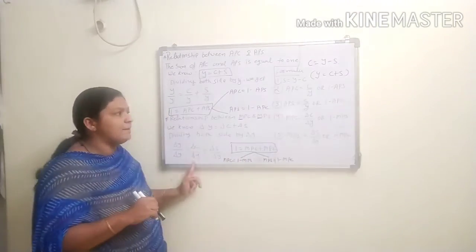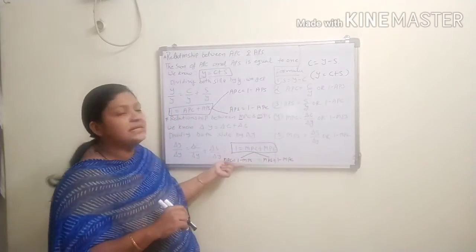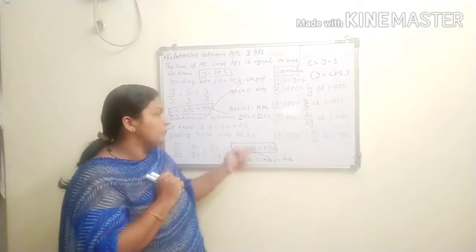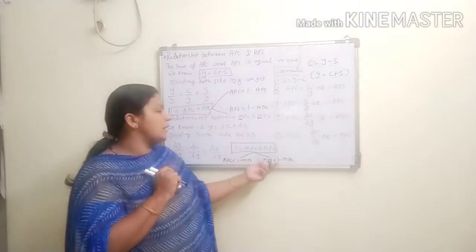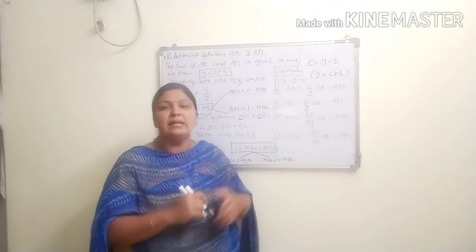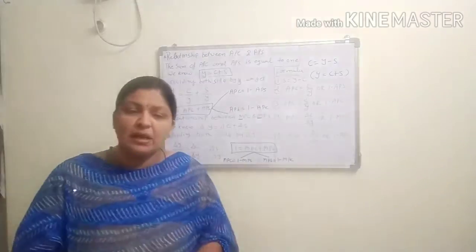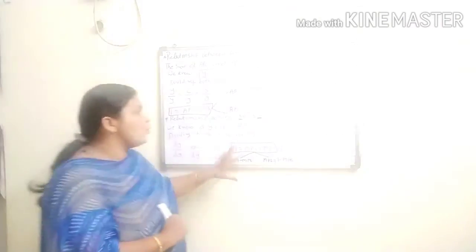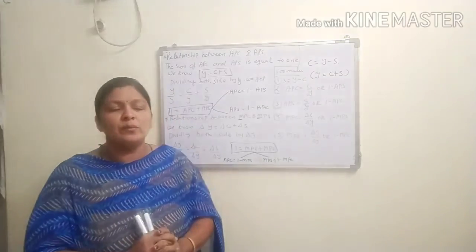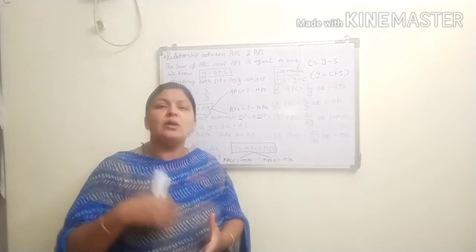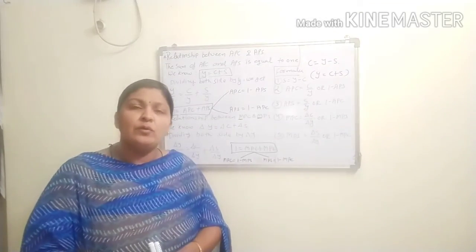Now the fourth one, MPC, equals delta C upon delta Y, or we proved that MPC equals 1 minus MPS also. Now MPS equals delta S upon delta Y, or another name is 1 minus MPC. These formulas are very important for the numericals of this chapter. We have proved all these formulas. You should recognize them and read them thoroughly. In the next video or the one after, we will solve these numerical problems also. Thank you. Have a nice day.